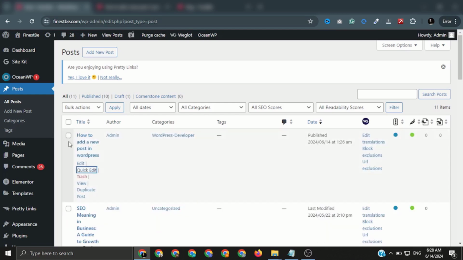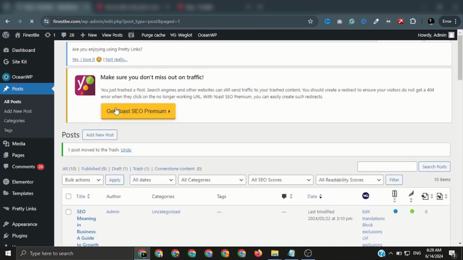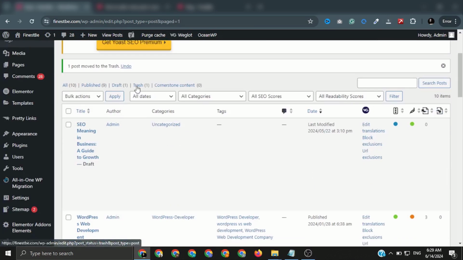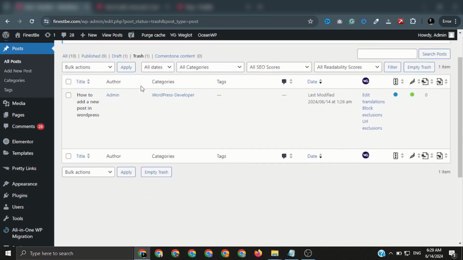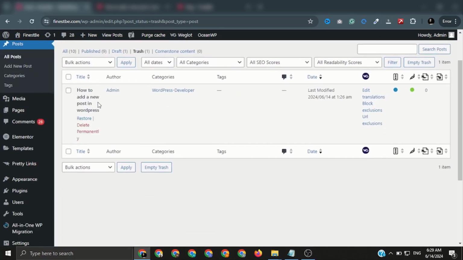If I want to delete it, I just have to check this, choose bulk actions, move to trash, hit apply, and it's done. Here you can see the trash option was not present before, but now it is. On clicking trash, you can see we have just deleted our newly created post, which is how to add a new post in WordPress.